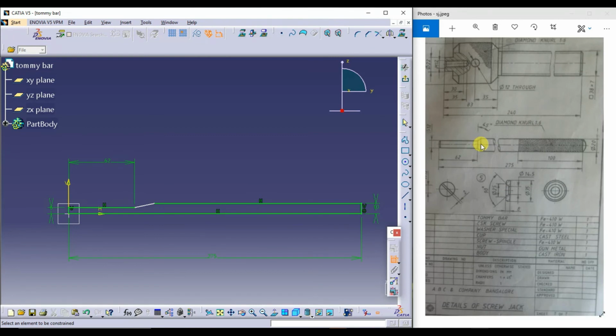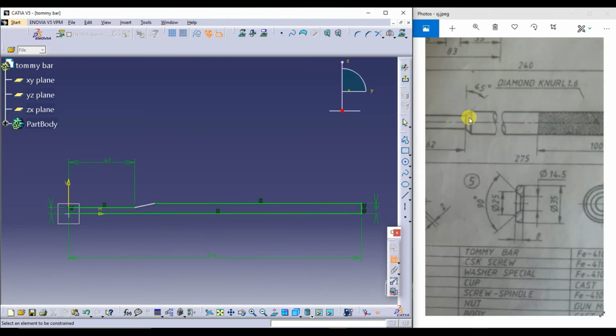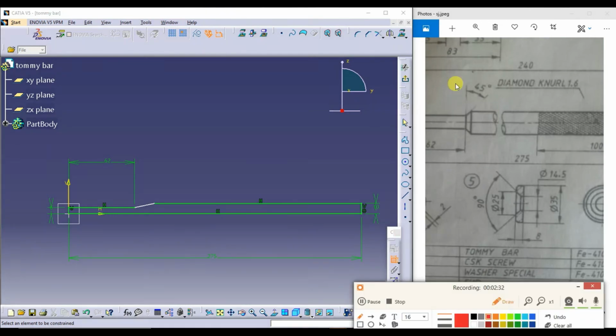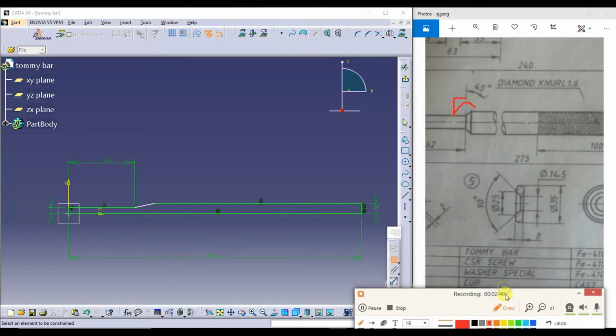See here, the angle between this vertical line and this is 45. So this total angle will be how much? See here, this total angle will be 90. This is 90. 90 plus 45 is 135.